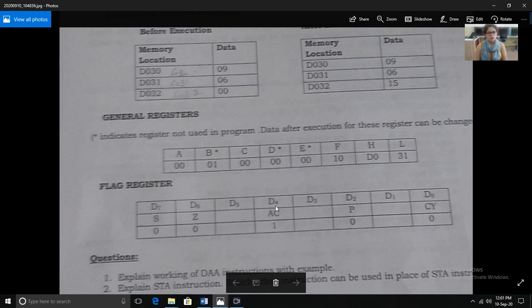You can see the accumulator is 1. It means the carry flag is set, and that's why there is a carry 1 in the accumulator. Next is the HL register pair, which is pointing to 6031, because earlier it was pointing to this location, but in the next step it was pointing to that location. So it is showing location 6031. With this we have completed program number 2.